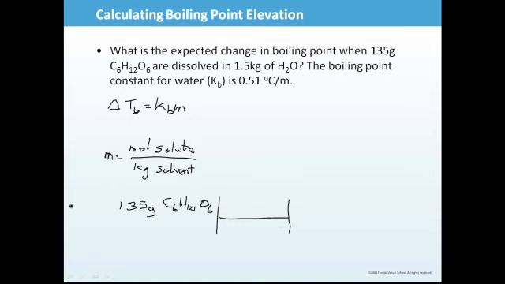And that would give us 180.1 grams per 1 mole. All right, and again, that's going back to module 3, that molar mass. We take the mass of carbon, multiply it by 6, mass of hydrogen, multiply it by 12, mass of oxygen, multiply it by 6, and then add those 3 numbers together, and you get 180. So you take 135